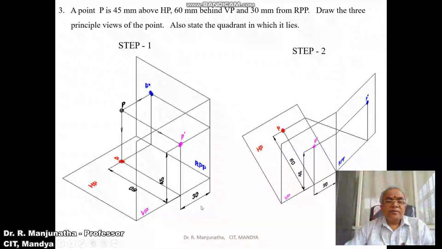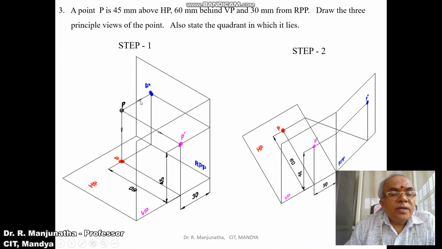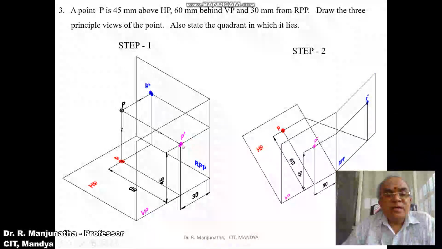When you look from the front view, the profile plane is to the right side of the observer. So obviously this is going to become the right profile plane. Also, since the planes are transparent, when you look from the front view, the image which is seen will be on the vertical plane.